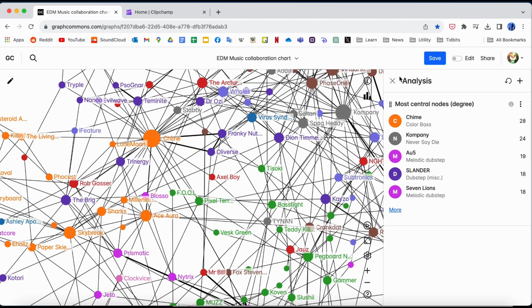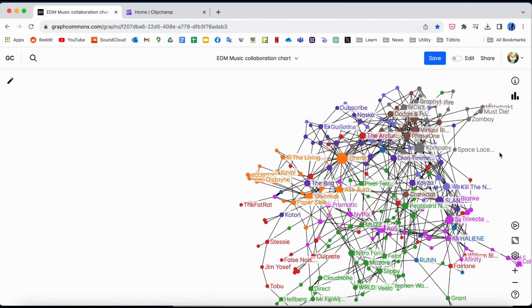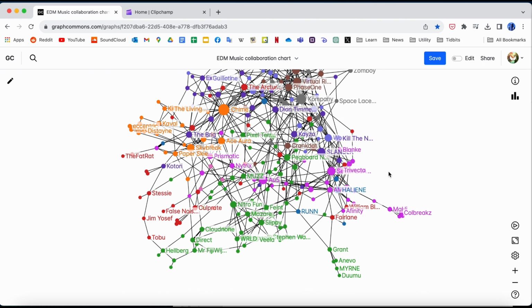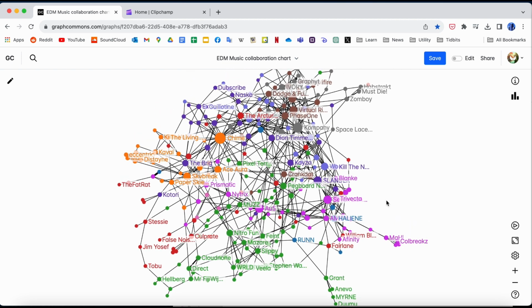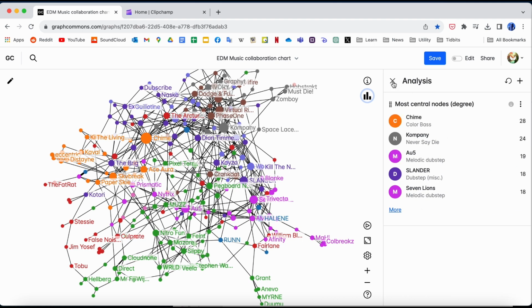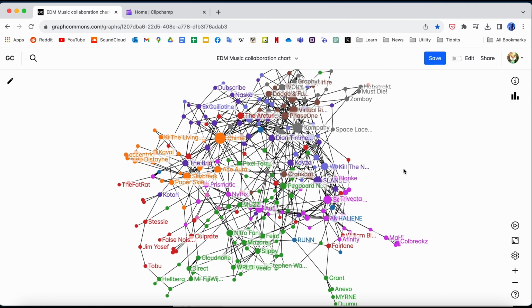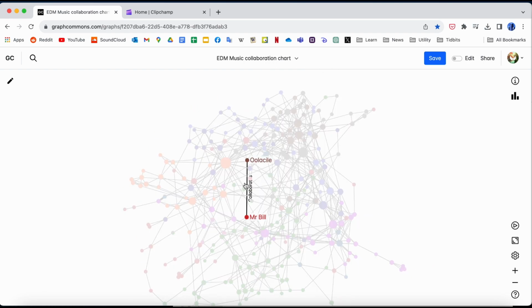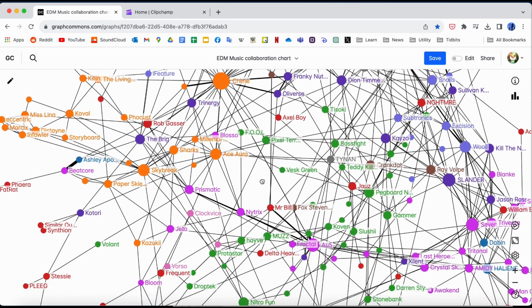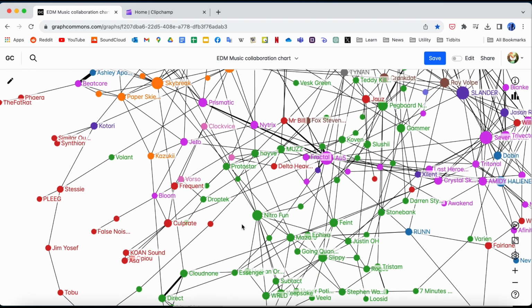So yeah, I would like to point out though that this graph isn't 100% accurate. I hope it's at least 99% accurate, but it can't be 100% accurate because I have 269 nodes, so that's 269 artists, and I can't really check each one very thoroughly.